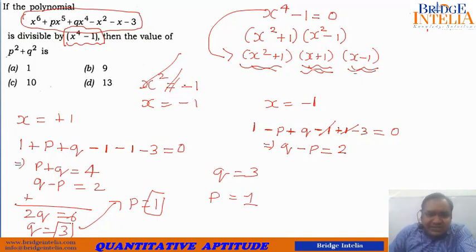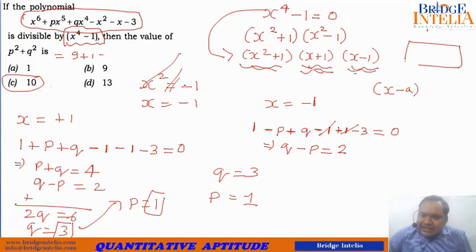Now what is being asked? p square plus q square. So p square is what? 1. Plus q square is what? 9. So 1 plus 9, the answer is 10. Please remember the key funda. Whenever it is given that x minus a is a factor of an expression, the strategy should be, instead of this, you assume this to be equal to 0. That means you will get that x is equal to something. Now replace x with that value itself, and the expression should become 0. Then only it is said, na, it is a factor.